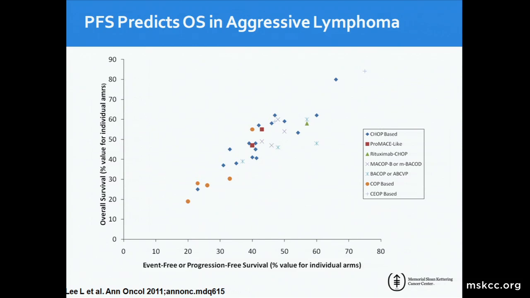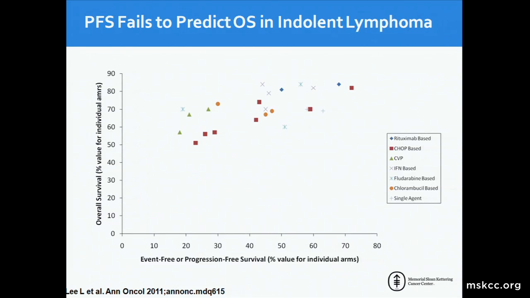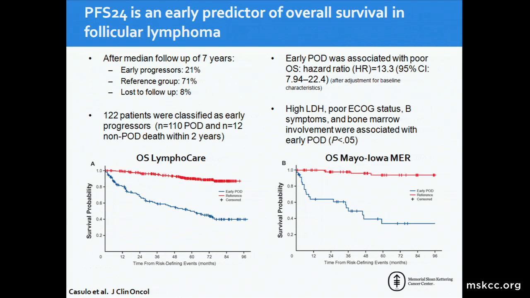So, if all diseases were large cell lymphoma, it'd be easy. Progression-free survival virtually marches in lockstep with overall survival, but in follicular lymphoma, that's not the case. Improvements in progression-free survival can be quite substantial, with only minimal or no improvements in the overall survival. So we've been in the hunt for new endpoints, and the LymphaCare study, which I took part in for a better part of a decade,